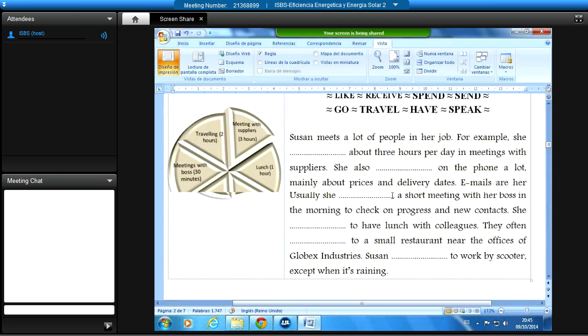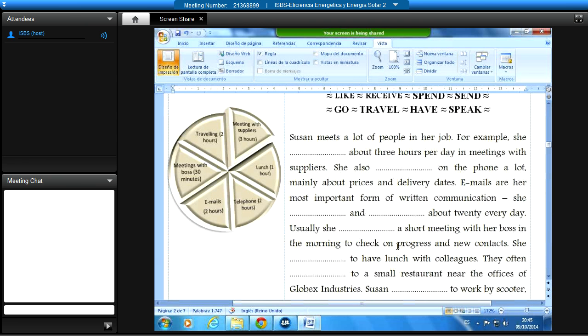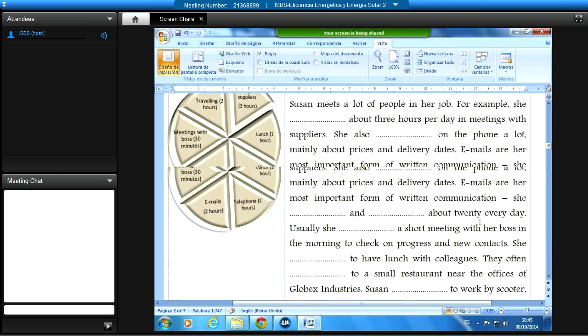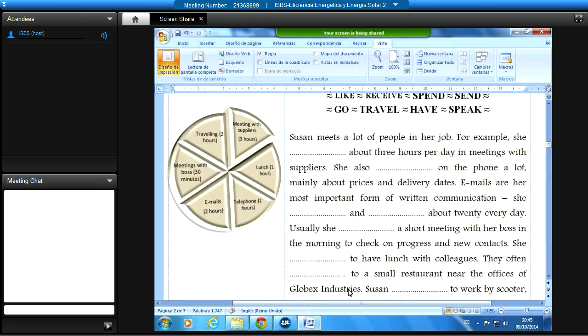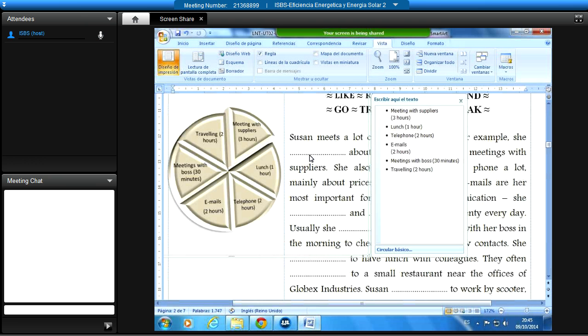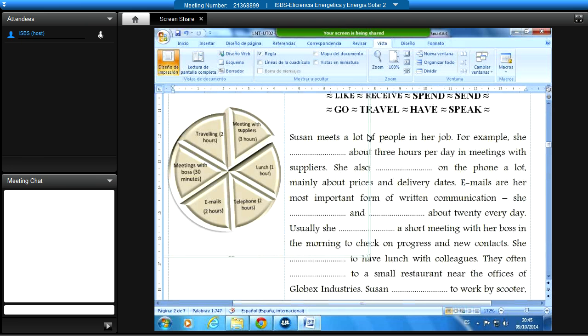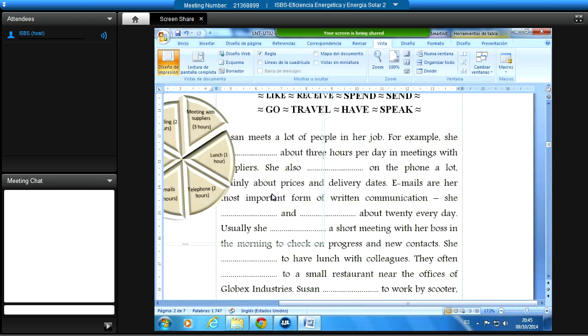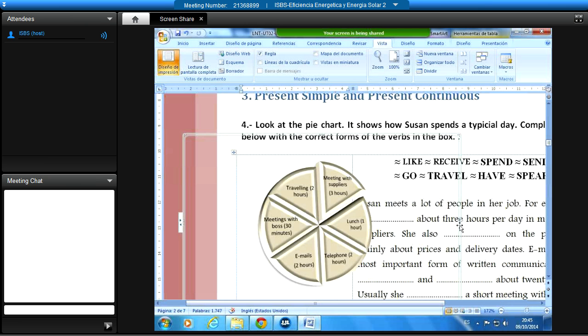So please read the text and complete. You can work in pairs or in groups again if you like. And then when you finish, we will have a look together. Well, maybe you can write like in here because it's like the graph, the diagram. It's because you have to move, you know what I mean? But well, you can look at the screen if you want. You can eliminate the diagram and look at the screen.